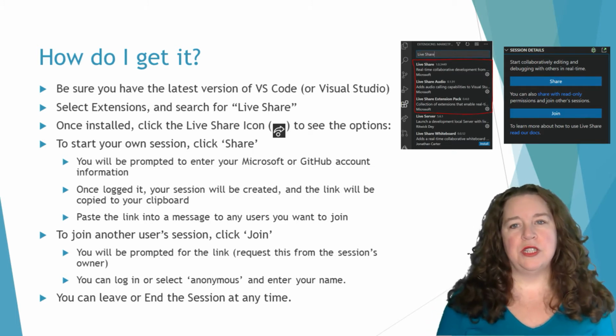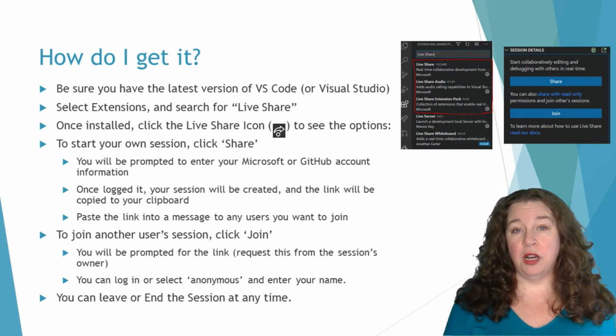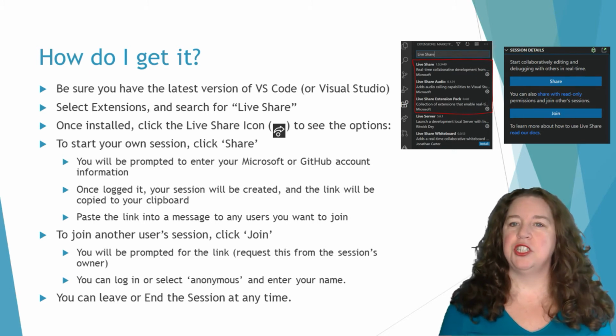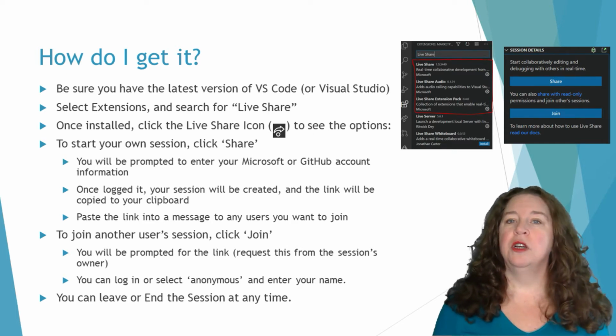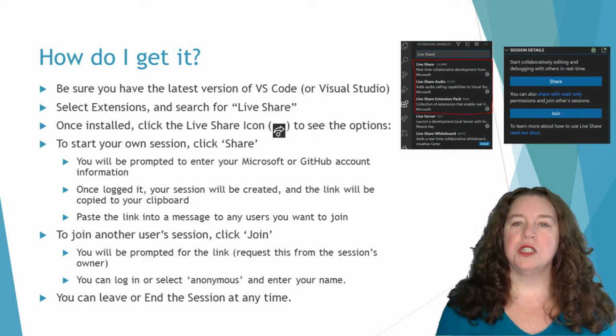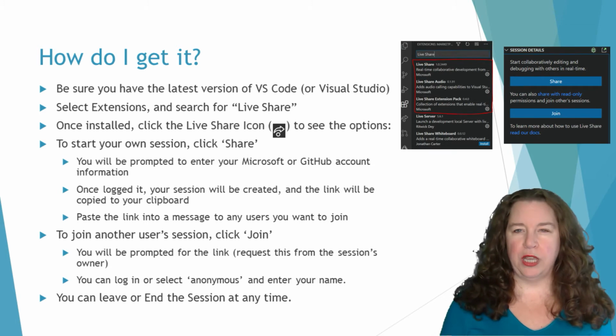I almost always use at least the first three options that pop up, which are Live Share itself, the Live Share Audio so that I can make audio calls, and then the Live Share Extension Pack, which just adds a couple of other collaboration tools. There's also a Live Share Whiteboard, which allows you to open up a whiteboard for drawing in the middle of your session. Once you have that installed, you may have to reboot your computer, you may have to reopen Visual Studio